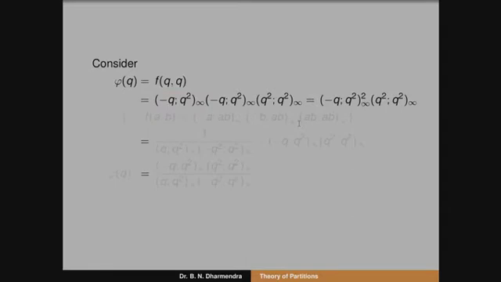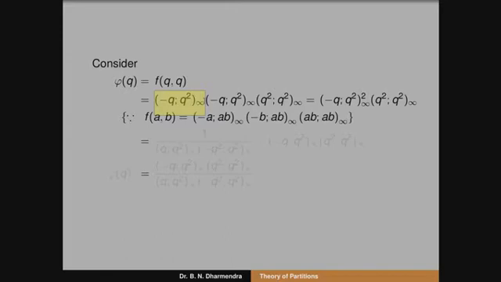So this result is very important to discuss in the next class. You can remember that formula. Phi of q can also be written as minus q square infinity whole square into q square infinity. So we have to use Ramanujan's theta function, that is f of a comma b is equal to minus ab infinity minus b infinity ab infinity, and the terms containing 1 minus q square infinity we can observe.